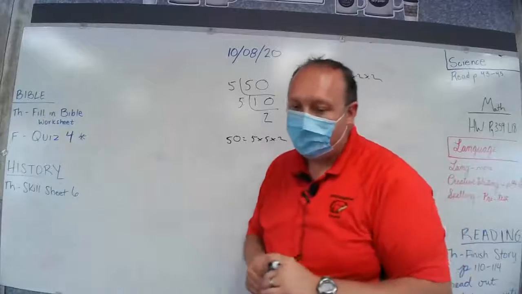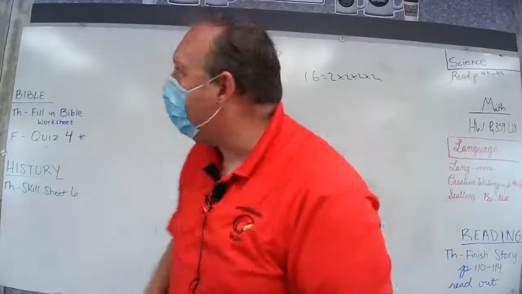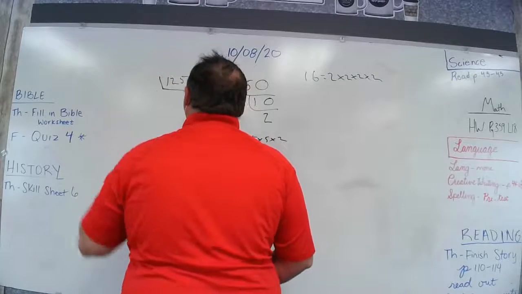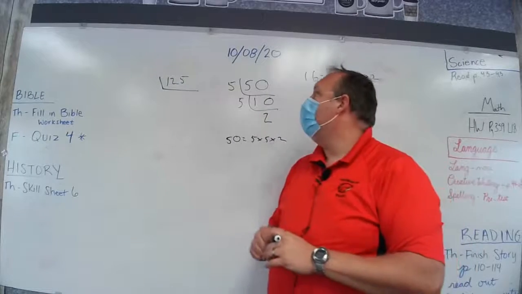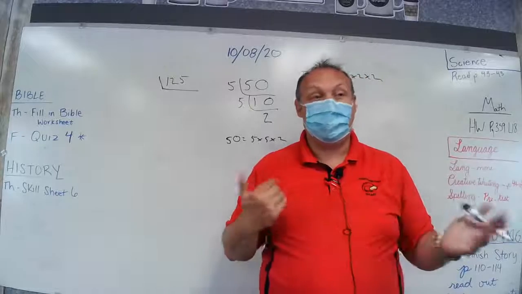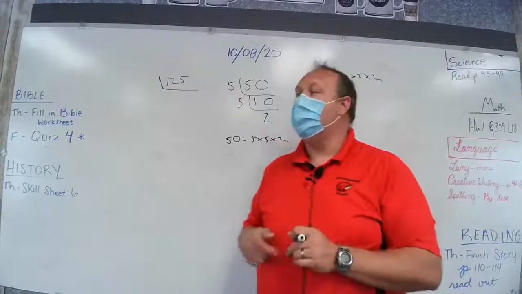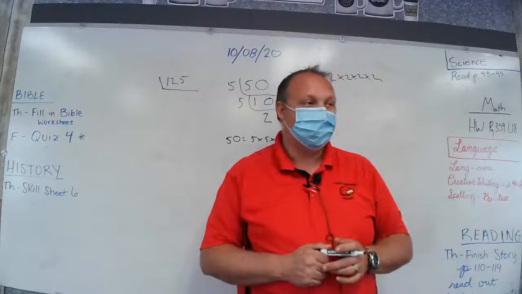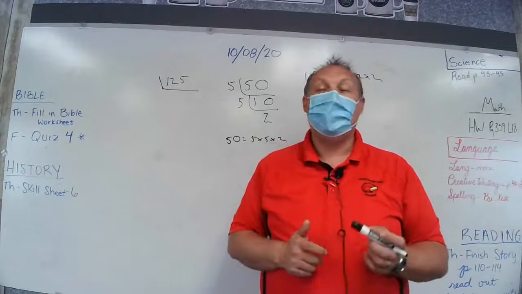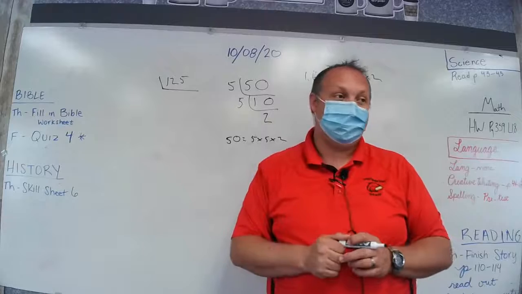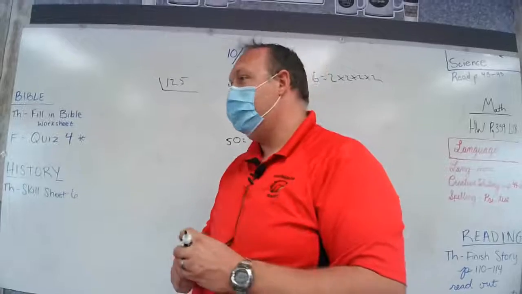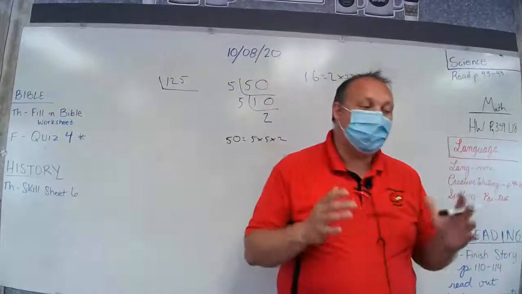Okay? Now, letter D, 125. Division of primes again. Now, this is where knowing your division rules comes in really handy. Because I know I can't divide that by 2. I know I can't divide that by 3. I know that I can divide it by 5. Now typically, when we're doing division of primes,